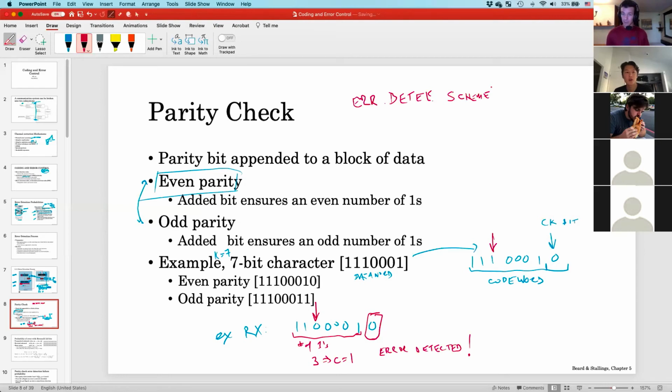Not correction. Precisely because I had to come in and draw a big red arrow to show us where the error occurred. Nothing about this mismatch told us which bit got flipped. Yeah. I have a question about what if there were 2 bits flipped? What if there were 2 bits flipped? What if we have example number 2